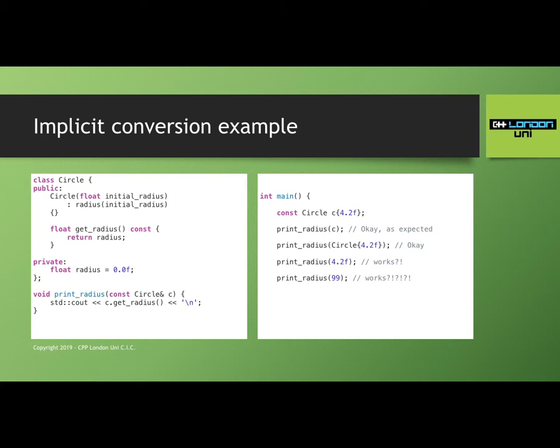And this is even stranger, because what's happening now is the compiler is saying, okay, well, right, you want to call print radius, I've only got one candidate, that takes a circle. I've got an int. How can I go from an int to a circle? Okay, well, circle's got one constructor that takes a float. Can I convert an int to a float and from a float to a circle? And yes, it can, because it knows how to convert an int into a float. That's like built into the compiler. It knows how to convert a float into a circle, because it can use the constructor.